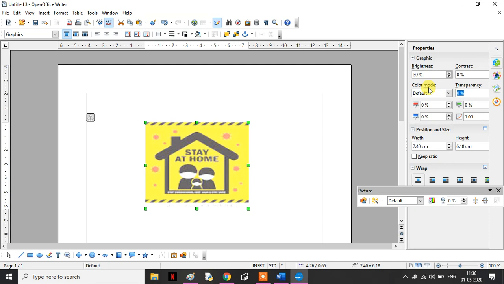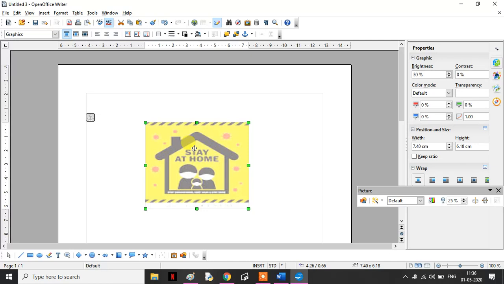Transparency, suppose I give it as 10. I'll just type 10 here. So you can see it's become a little transparent. If I make it, suppose, 25, you can see there is a change in the transparency. It's becoming lighter and lighter. By default no value is given here, so I leave this. These are the different properties which we can set.